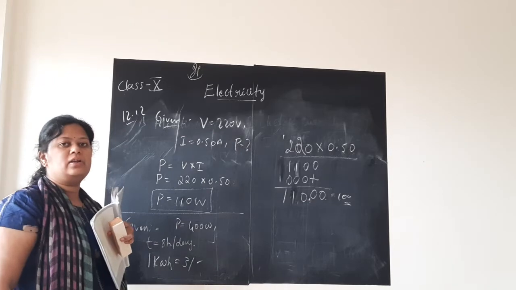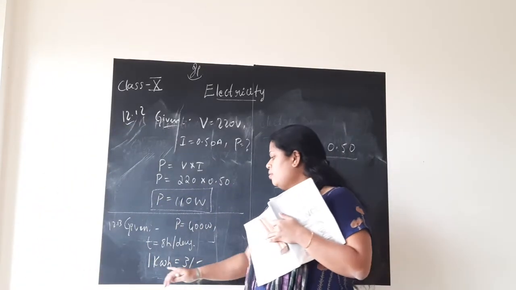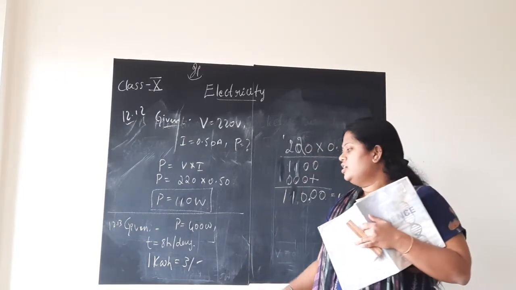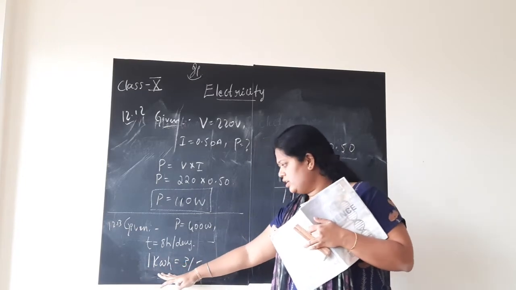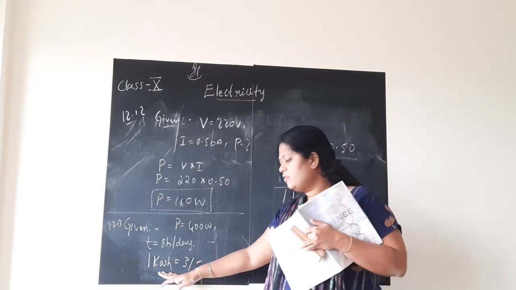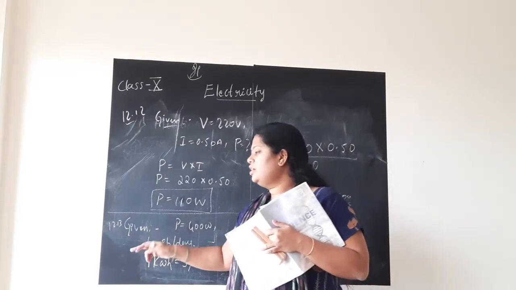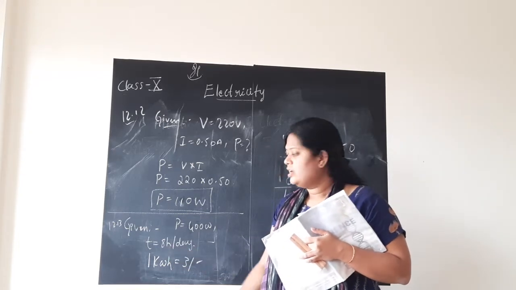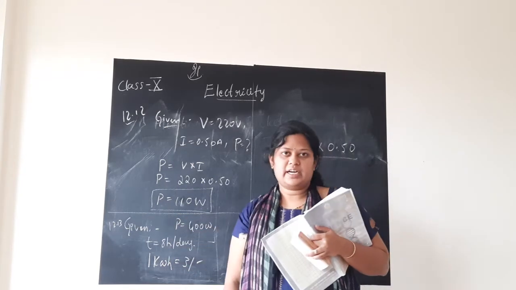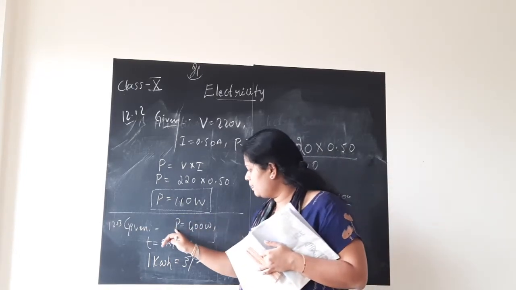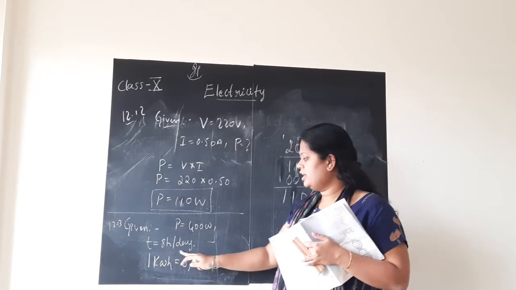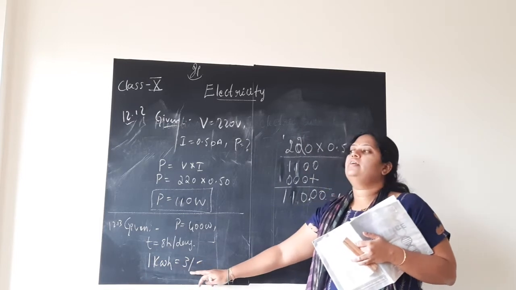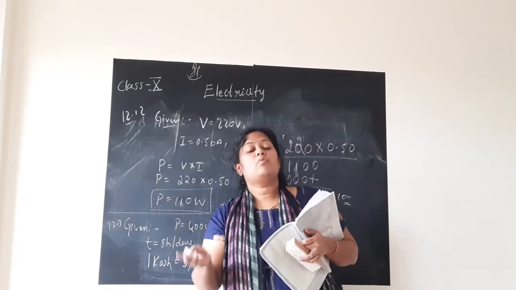Now you all are paying the electric bill to the Bescom people. Like this only they charge per kilowatt hour, how many rupees, that you can know, children. So here they are telling that if they charge rupees 3 for 1 kilowatt hour, and the refrigerator we have is working 8 hours per day, consuming electric power of 400 watts. For 1 kilowatt hour if they are charging 3 rupees, then for 1 month what is the electric bill?